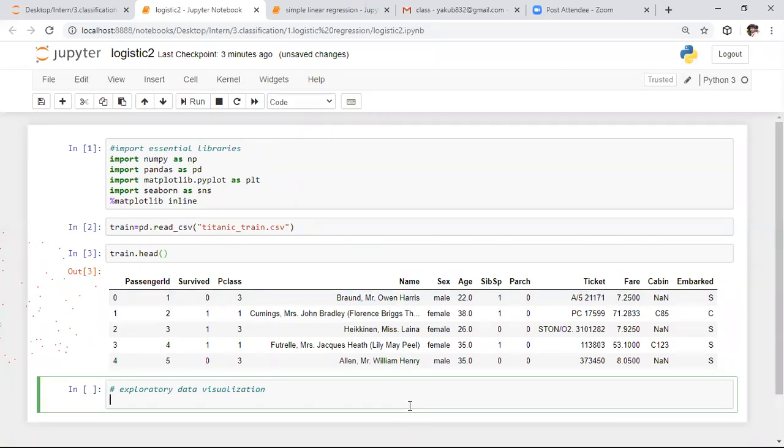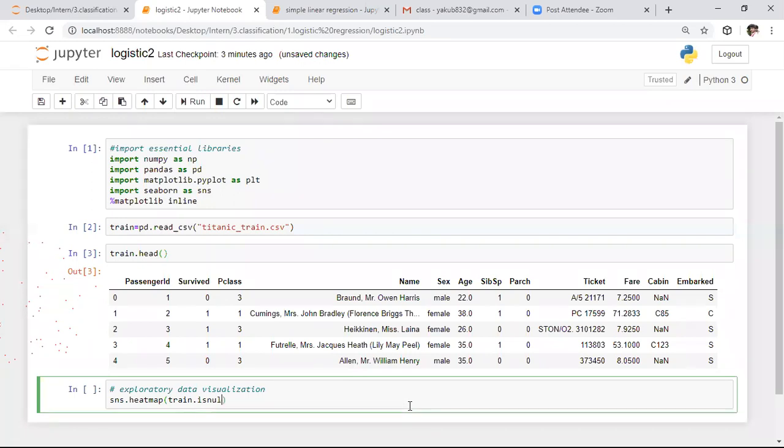I want to visualize the missing data in this data set. For that purpose, I want to take help of a heat map. So here I want to specify that whenever null values are there, I want to take those values. So here I want to say train dot, and here we need to say heat map. In the training data set, if there are any null values, here I'm saying is null.